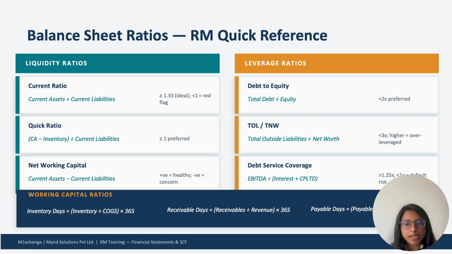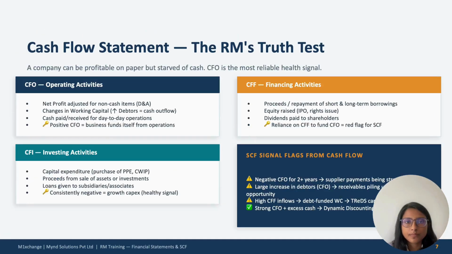So for that 40 days I have the cash, but it will take 50 more days to receive the cash from my buyer. So for those 50 days I am out of cash, and that is where the supply chain financing comes into the picture. All right, let's go to the next financial statement, that is the cash flow statement,